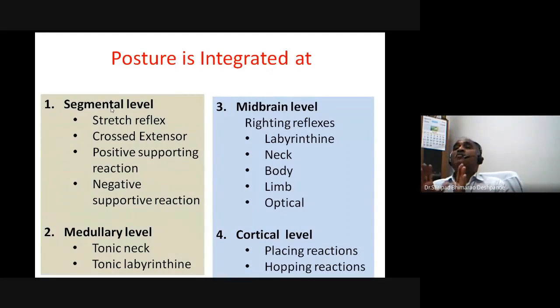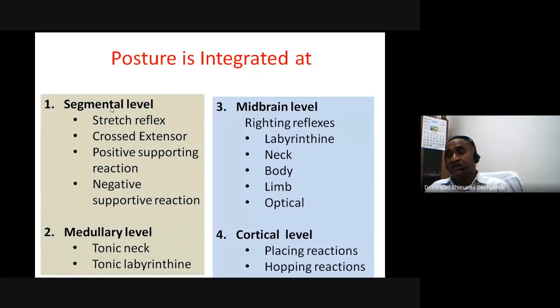When you are looking upwards, the forelimbs become rigid and extended, and the hind limbs become flexed. When you look down, the forelimbs are flexed and the hind limbs are extended, as if you are passing through a hole. Then we have the midbrain level, the labyrinthine reflexes, here because of motion, the labyrinthine activity,